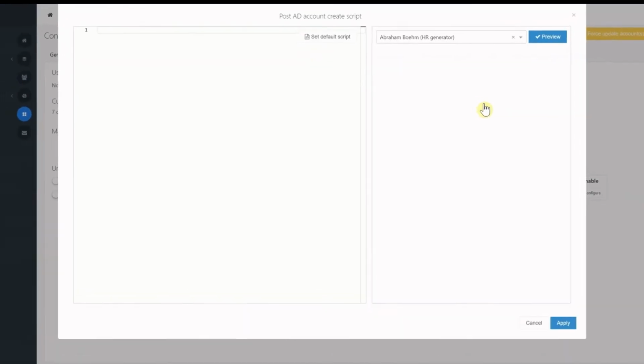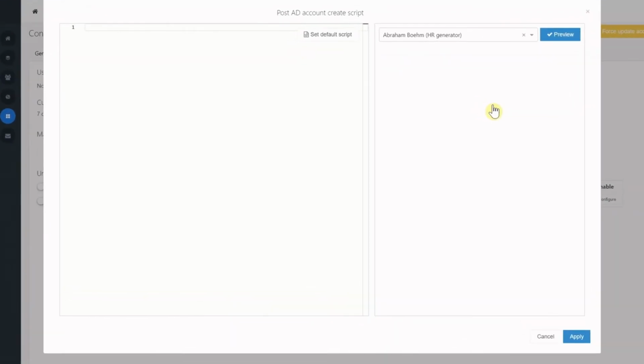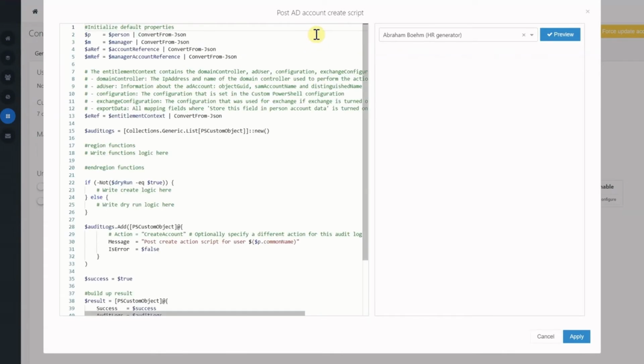To configure a custom script, there is an option available to load a default script, which can be used as a boilerplate to get you started. Please be aware that on this one, the script configuration will be executed after all the built-in actions are completed. So this script will be executed for the account create after the initial account create of the Active Directory is completed. The scripts will function in the same way as they are used in the PowerShell target systems, but in